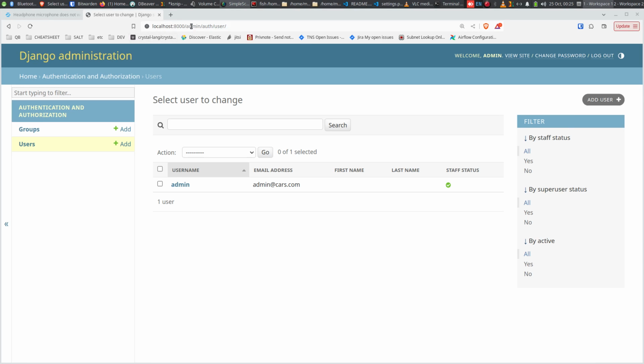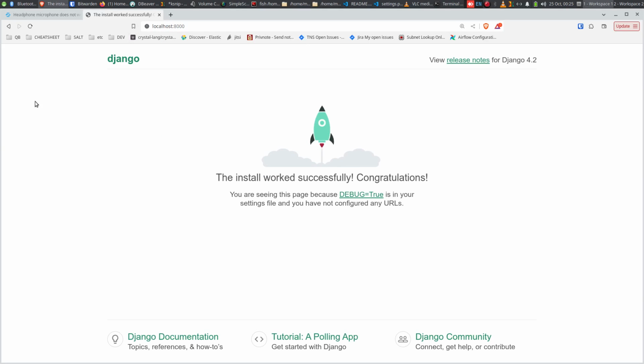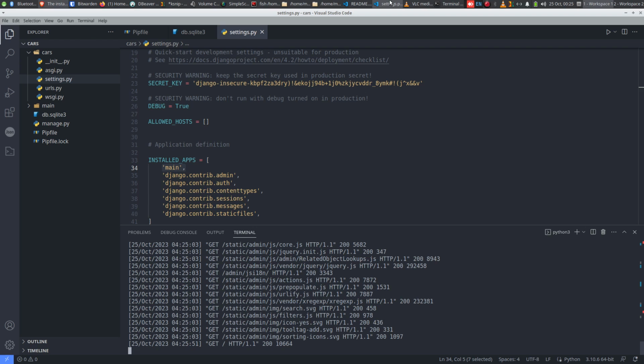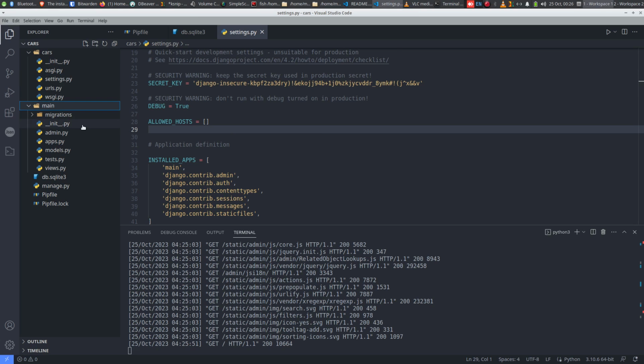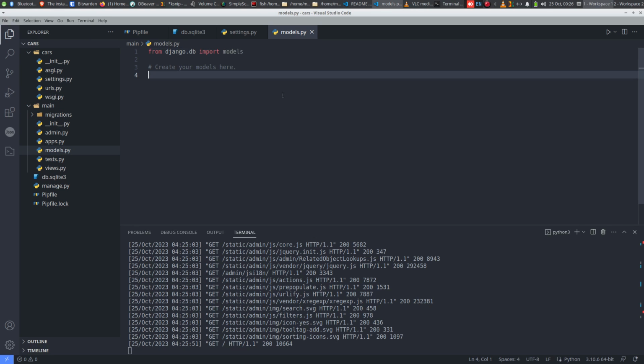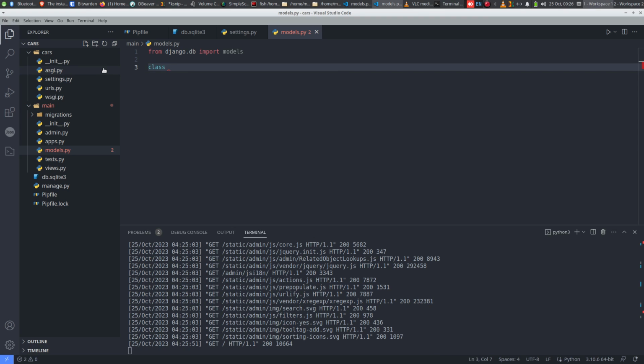Okay, now that we have the main site ready, what we're going to do is create what's called a model to store our cars information. And the way we're going to do that, we're going to go under main, and under models.py, there's nothing here right now, but we're going to create a Cars model. So a model is just basically a representation of your database table. So instead of using SQL CREATE TABLE, name equals character, or year equals int or whatever, we're going to create a Python class. So we're just going to create a class called Cars, models.Model,